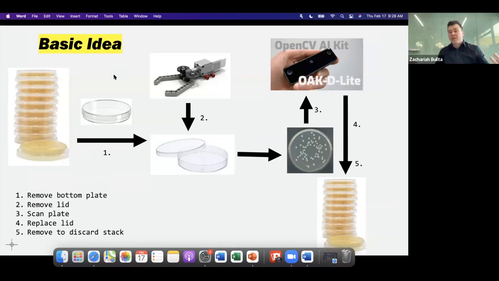Yeah. One plate I treated with a drug or some sort of probiotic, and I want to see, okay, if I treated this bacteria with the probiotic, this bacteria without the probiotic, how is the growth difference? And then I take the picture and count each one. And now we're doing an entire experiment basically with the Oak D-Lite and this easy automation that is easy